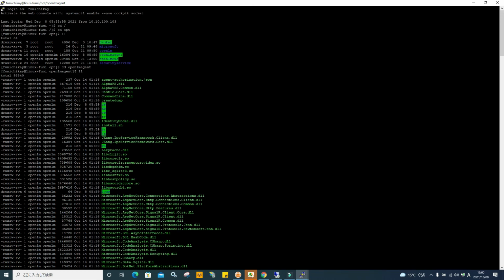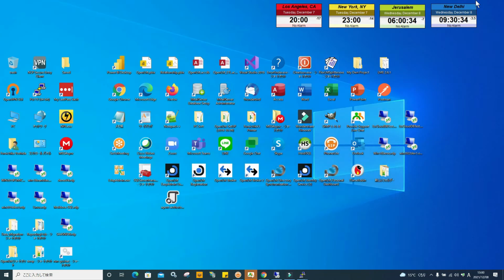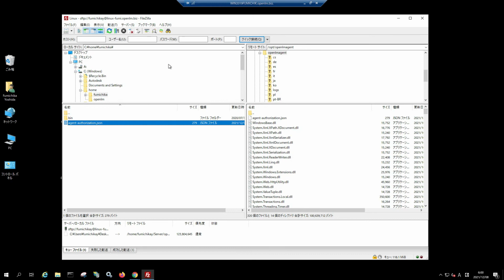Then there's an agent authorization JSON file. We have to replace this file with the JSON file which is generated by the easy admin of your OpenLM server machine. So I will use the file transferring software from the other computer, like this. And then this is a generated